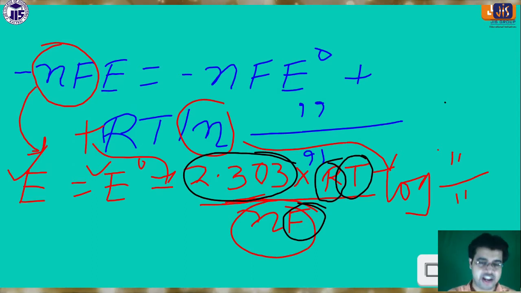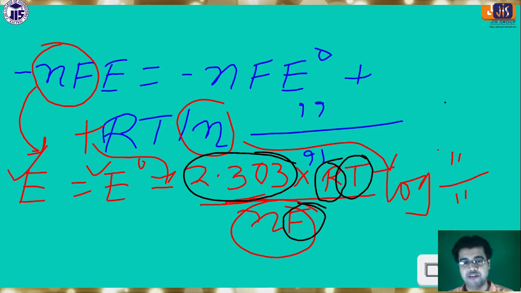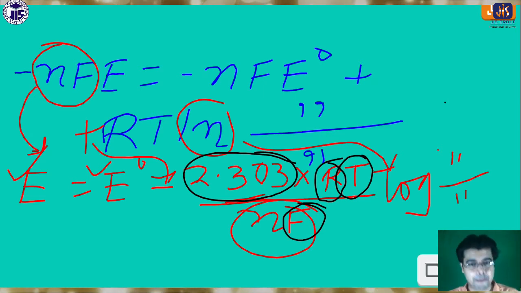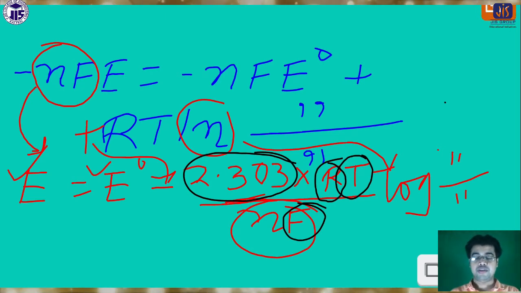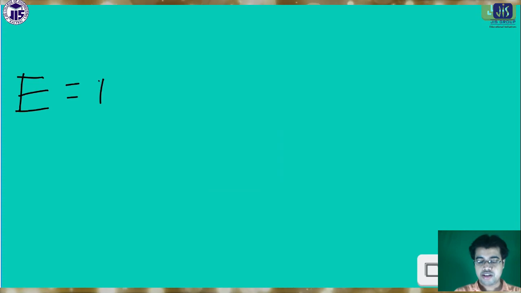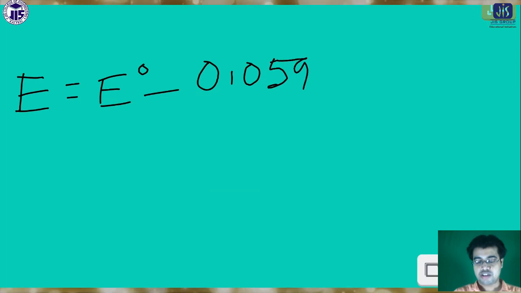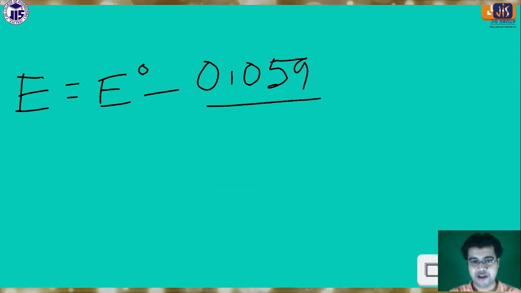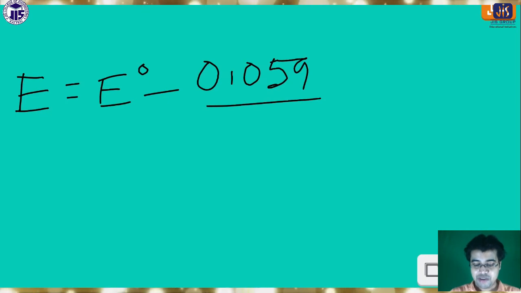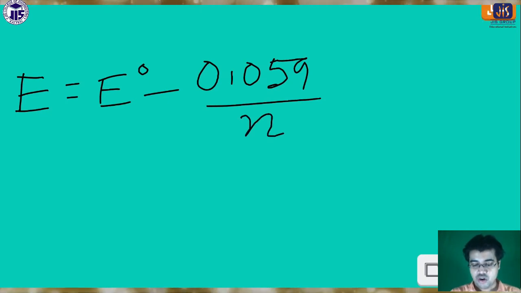n can vary because n is the number of electrons involved in the reaction, so n can be changed. But other than n, all the other terms are constant here: R, T, 2.303, F. If we take the values of these things, then the Nernst equation becomes E equals E0 minus 0.059. This is the value of the constant if I add all the constant values, then we get 0.059 divided by n log of